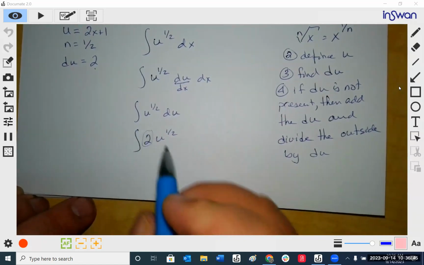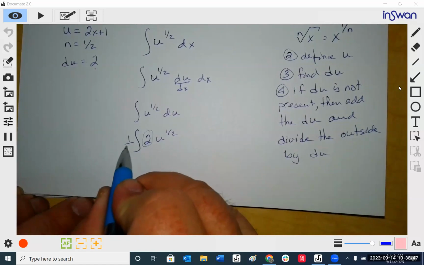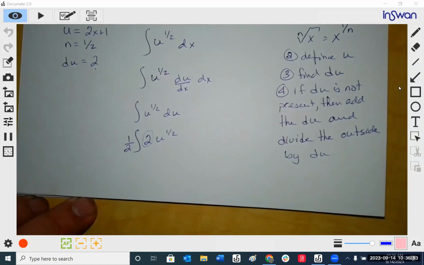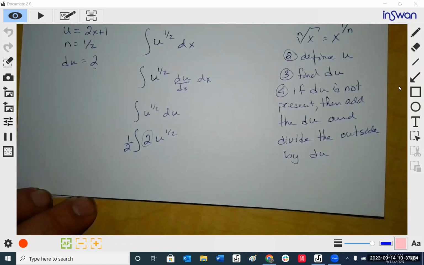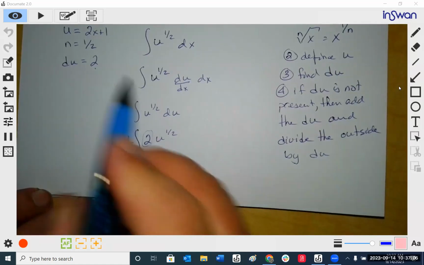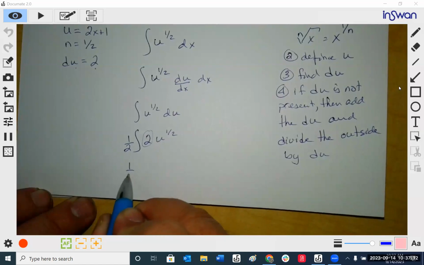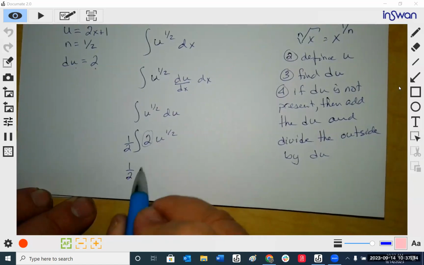Since we've added a 2 here, we have to put the opposite of it outside, the reciprocal of it, because it's not changing the value, it's just changing the way it looks. So now we have u to the n du. Now we have that. So the integral of u to the n du